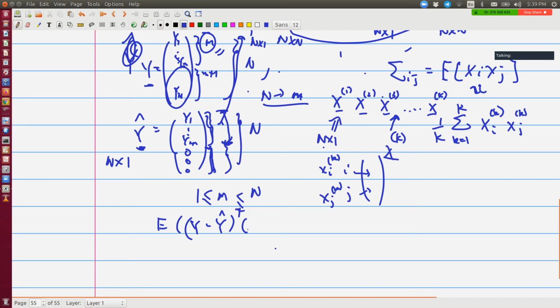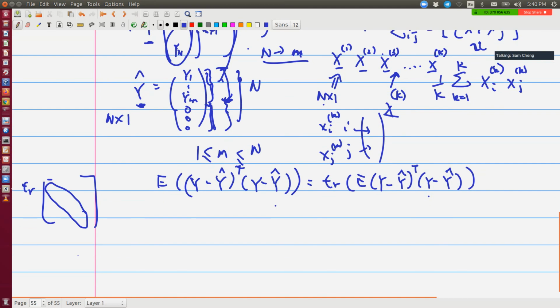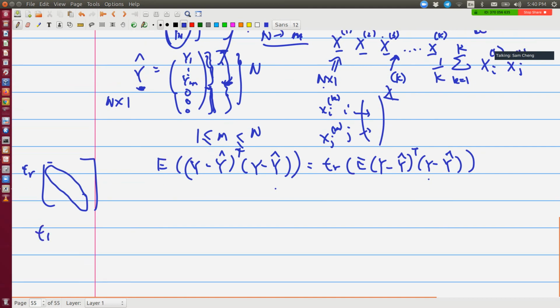So let's look at the error here. The error is kind of like this, right? This is the mean square error. And for the mean square error, for convenience, I can use the trace operation here. The trace of a matrix is the sum of all the diagonal elements. And by the way, trace has very useful properties, like trace AB is equal to